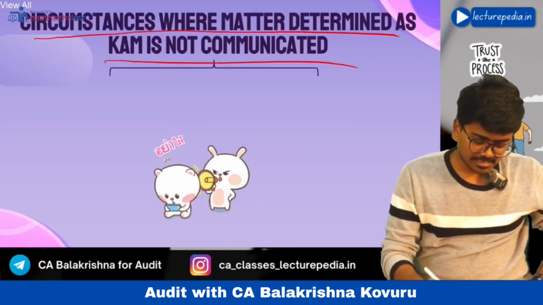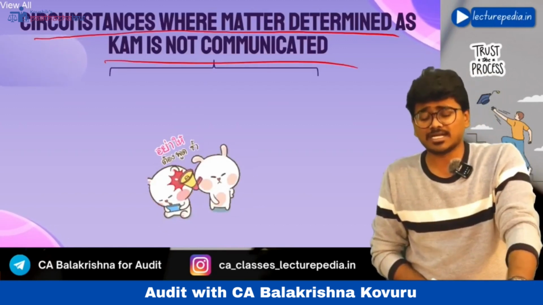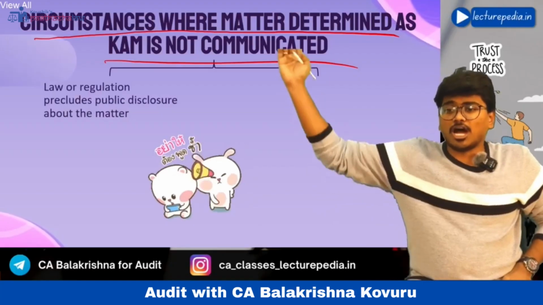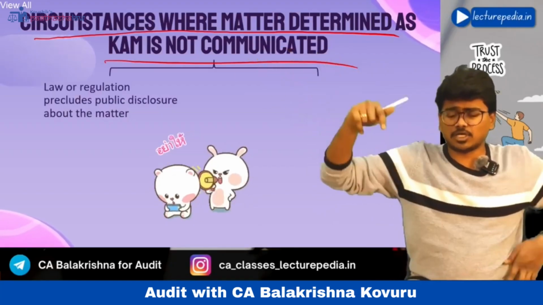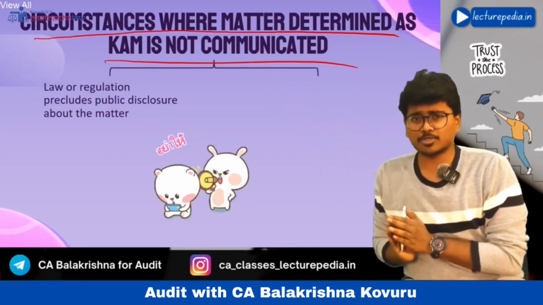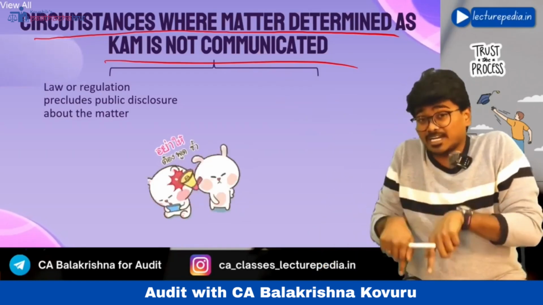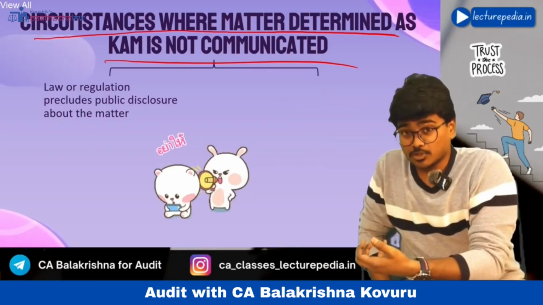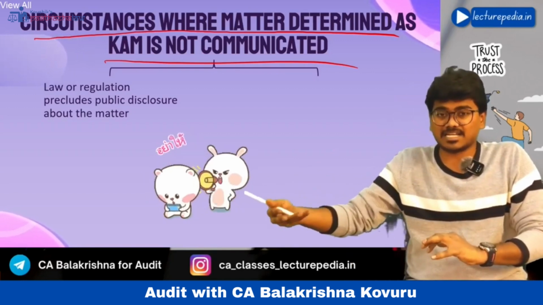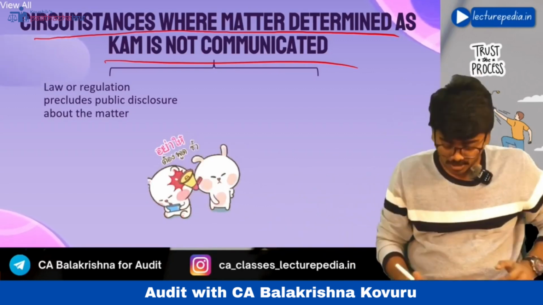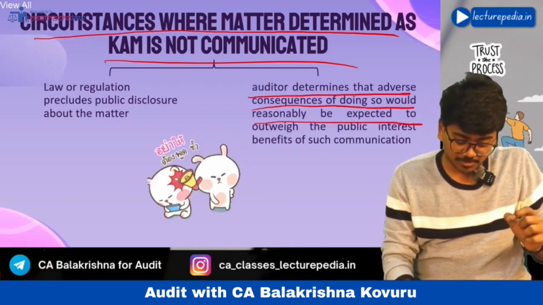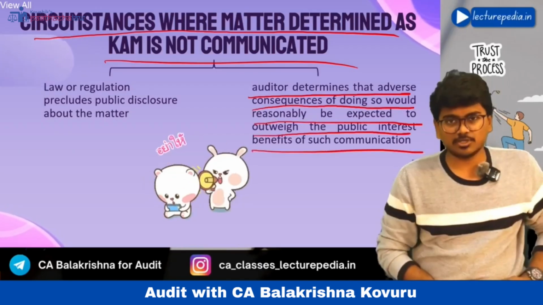Circumstances where a matter determined as a key audit matter is not communicated. When will you not communicate a matter even though it is determined as a key audit matter? If law or regulation precludes the auditor in the public interest, this matter is a key audit matter, but law or regulation says that even though that matter is a key audit matter, you should not communicate it, then the auditor should not communicate it. Or the auditor feels that the positive impact of communicating this key audit matter is lesser when compared to the negative impact that will generate. In that situation also the auditor will not communicate the key audit matter. The auditor determines the adverse consequences of doing so would reasonably be expected to outweigh the public interest benefits of such communication. Let's say, for example,